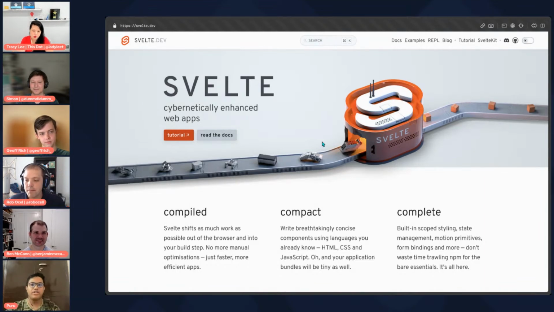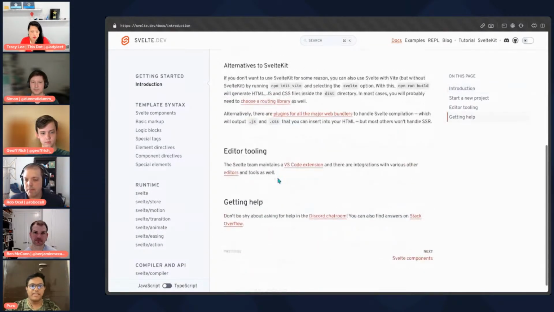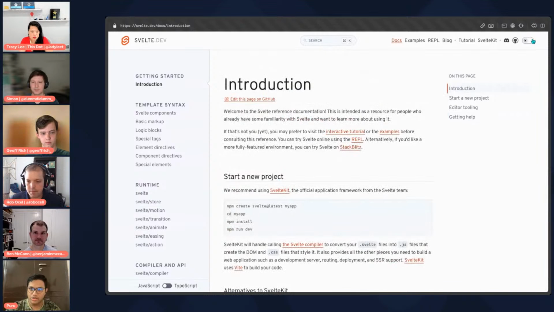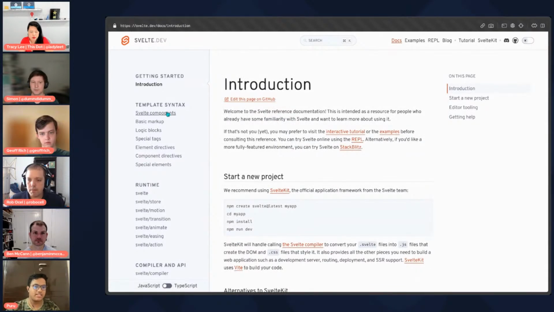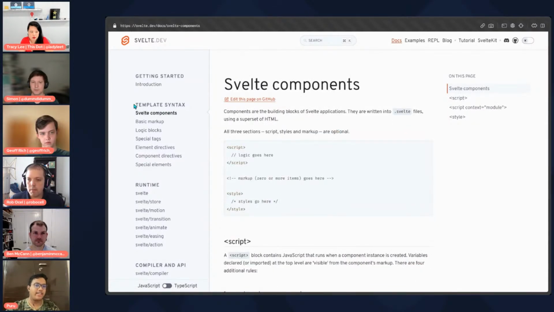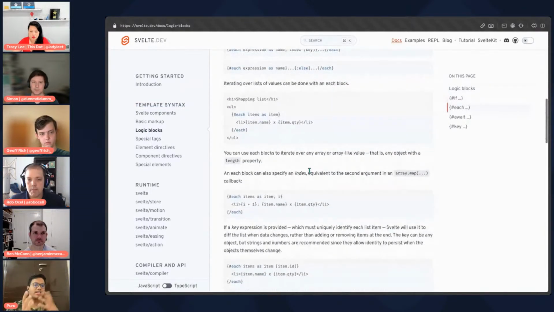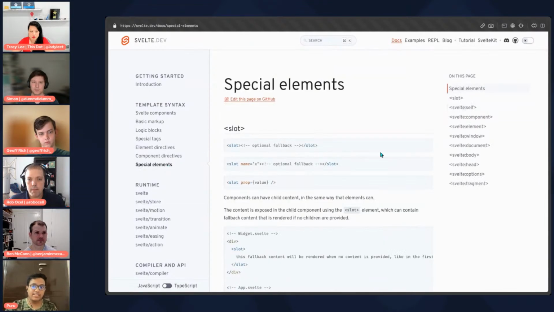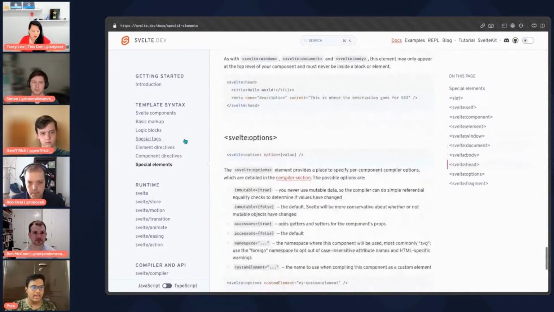Anyways, now moving over to the documentation, and the biggest thing, it's not a single page anymore. There's not a tiny scroll bar on the top right. Everything is in multiple pages, and it now makes more sense. For example, you have got an entire section dedicated to just how you write your Svelte components, all of the logic blocks, for example, the if blocks, each blocks, all the conditions, some of the special elements that Svelte gives you. Everything is in its own page now.